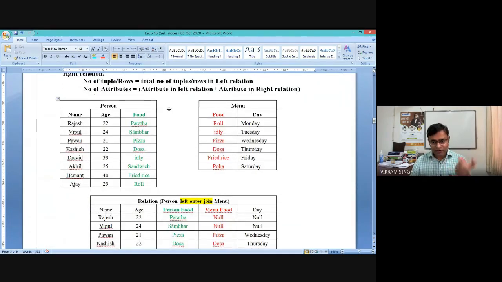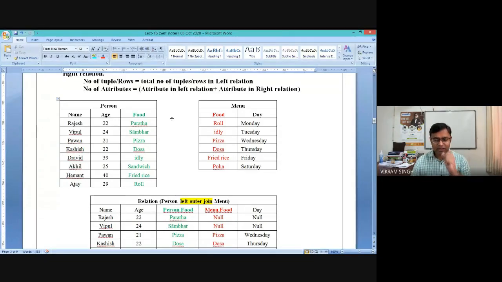So the first type of outer join is called left outer join, then we have right outer join, then we have full outer join. Full outer join means we will retain all the tuples of both participating relations, right? There is an interesting part we will discuss. So we will start by taking left outer join. Left outer join means, if employee is your first relation, we will retain all the tuples of the employee table and only matching tuples from the department. But what happens in right outer join? In right, we will retain all the tuples of department but only matching ones of employee.